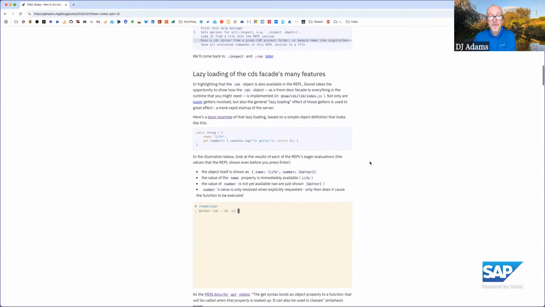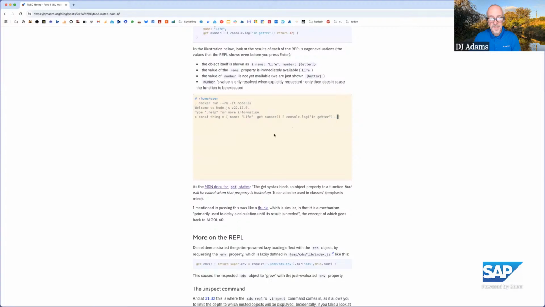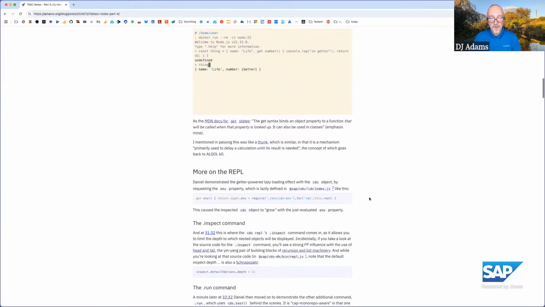But before we dove into those, I'm using that as a past participle, we had a look at the CDS facade, and we talked a little bit about lazy loading. Daniel showed us some source code of the CAP framework and showed us how getters can bring about the feature, the advantage of something being only loaded on demand. And I put together a little example here of how a getter can bring about that effect. So I've got a little ASCII schema thing here that shows that. Anyway, have a look at that later.